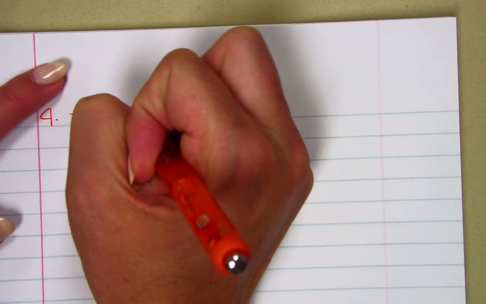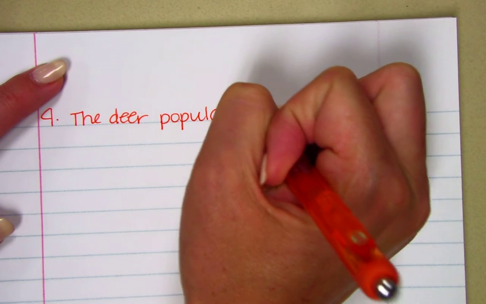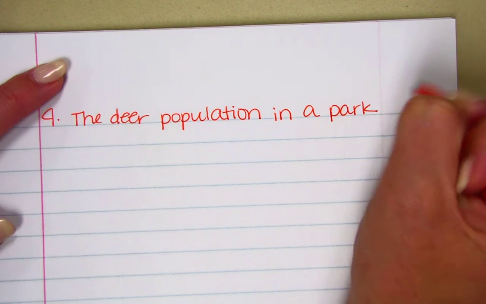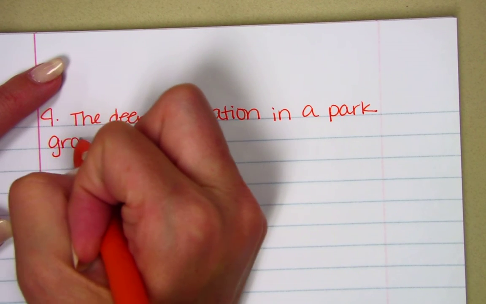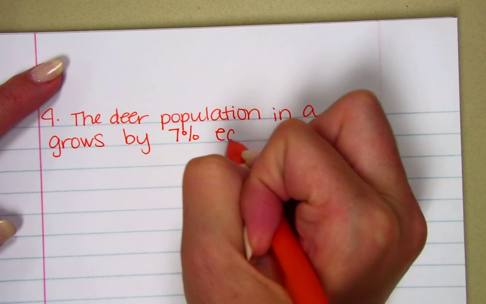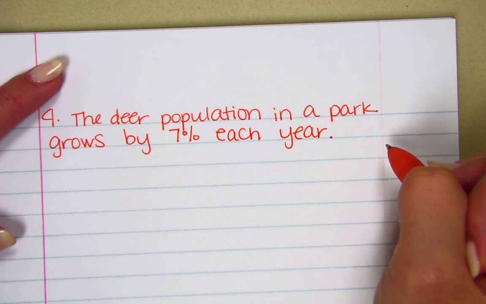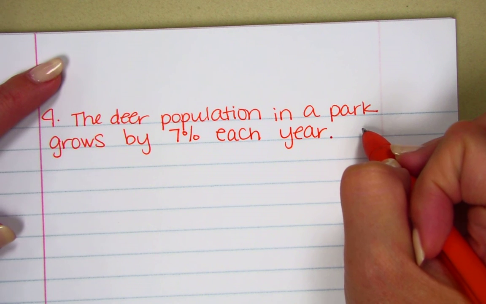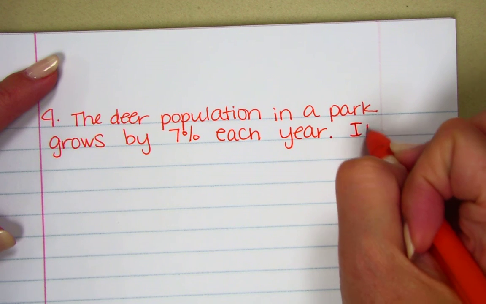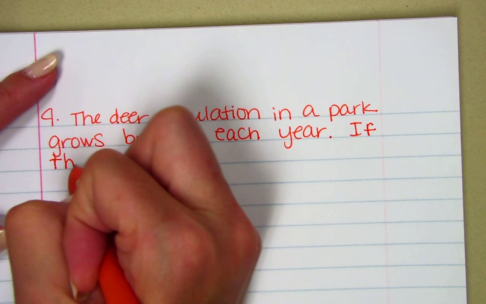The deer population in a park grows by 7% each year. The deer population in a park grows by 7% each year. If the population